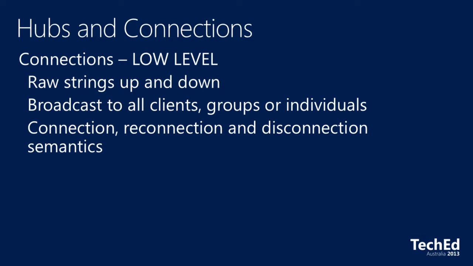So when a user on the website connects to the SignalR hub, you can add them to a group. If they were on a particular page, you can add them to groups about that product changing, so you don't have to broadcast the message to everyone. That segregation would help performance as well. And also, yes, the connection, reconnection, and disconnection semantics. The low level just handles it when somebody disconnects from the internet, but then the internet comes back and it reconnects up to the hub.